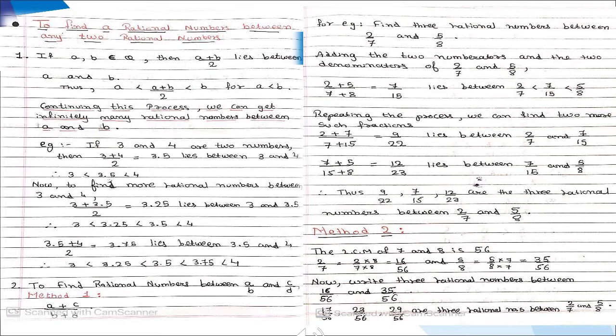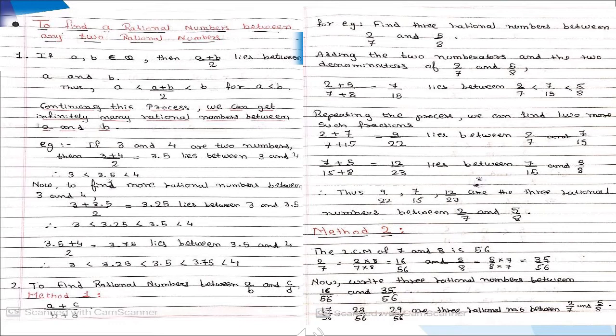To understand this, please have a look at the example, because with the help of the example you will be clear. So my example is, if 3 and 4 are two rational numbers, then how will you find the rational number between 3 and 4? See, I've added 3 and 4, same as A and B. So 3 plus 4 is 7, 7 upon 2 is 3.5. So students, 3.5 lies between 3 and 4. So I've written it as 3.5 is greater than 3 and less than 4. In short, it lies between 3 and 4. If you are asked to find only one rational number, then this is enough.